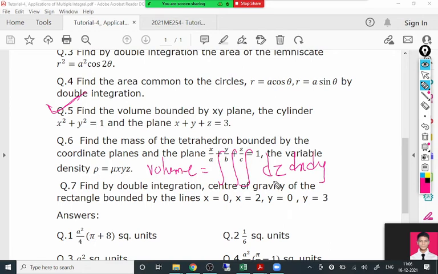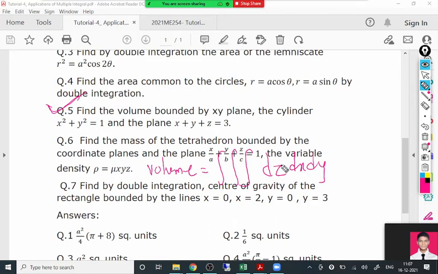I already explained in that recorded video that keeping dz first has two reasons. First of all, we are familiar with the xy plane to evaluate a double integral, because when we do the inner integration we are left with a double integral, and that double integral we are always familiar with in the xy plane. So that is the best way of doing dz dx dy. Or the other reason: all the solids given in our textbook are considered along the z-axis only. Their heights are kept along the z-axis only. So every problem can be solved in this order. The best way is dz dx dy.